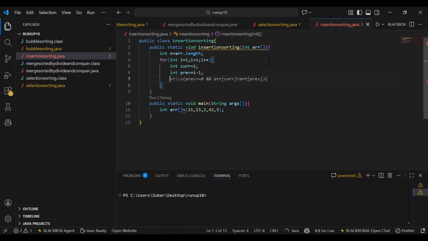Then a while condition: previous is not equal to 0, but rather greater than or equal to 0,